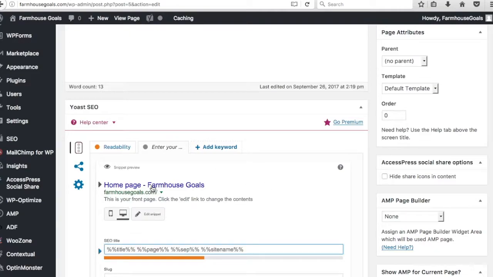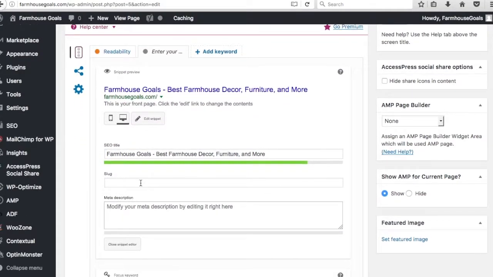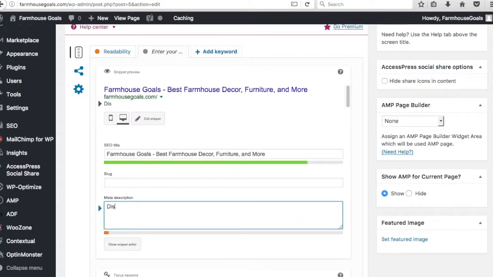So instead of doing home page farmhouse goals, I could do farmhouse goals, best farmhouse decor, furniture, and more. So something like that. So that's kind of how it'll look. It's going to be your home page. So slug, you don't have to worry about it. It's just going to be a dash. So meta description. I'll optimize this eventually, but just a quick kind of example